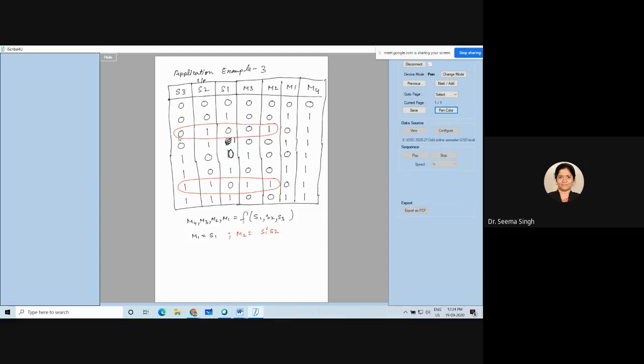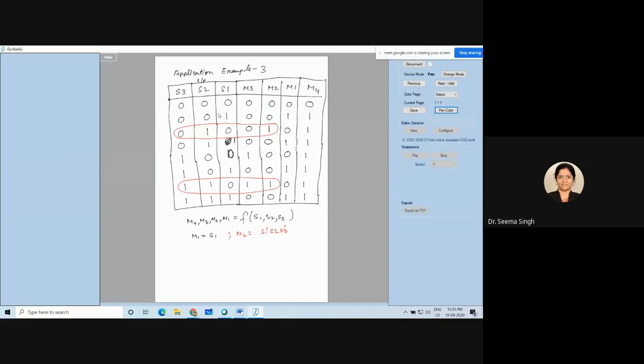Why did you not say S3? In your K-map, if either of them is on, it will be on. Yes, actually speaking, because you have done the K-map, you know the answer. But I am not making a K-map. I am making it directly from the truth table. So let me write S3 also. No, you know the answer, very good. But let me verify for the students who have not made the K-map.